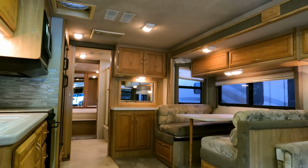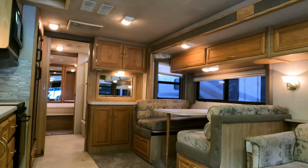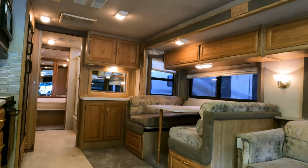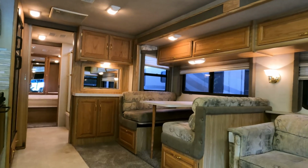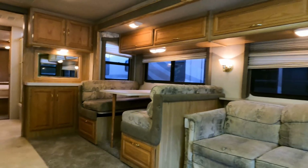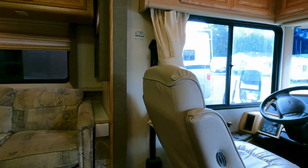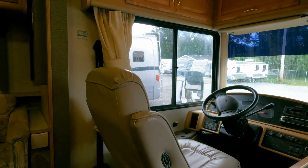706-965-7929. And guys, I know in the current market, it's almost impossible to find nice, clean Class A motorhomes for under $30,000. Here's one right here, guys. I mean, nice for the price and the year. Is it perfect? No. But then again, if it was perfect, it'd be a whole lot more money than $24.9. But new carpet, one less worry you got to worry about. If it's something you think you're interested in, again, guys, one last time, our phone number is